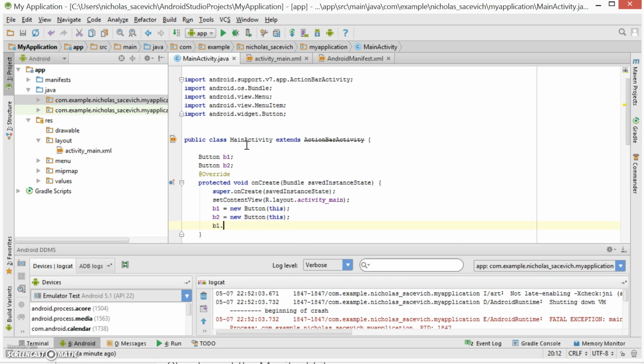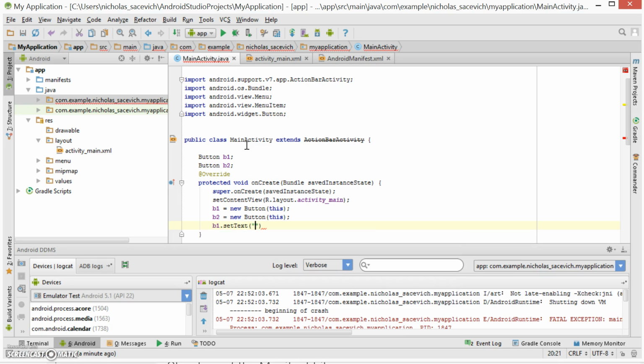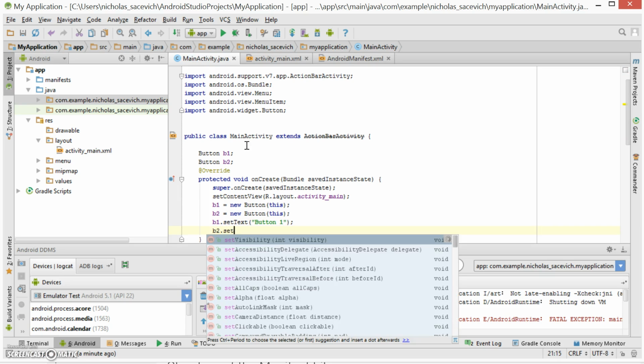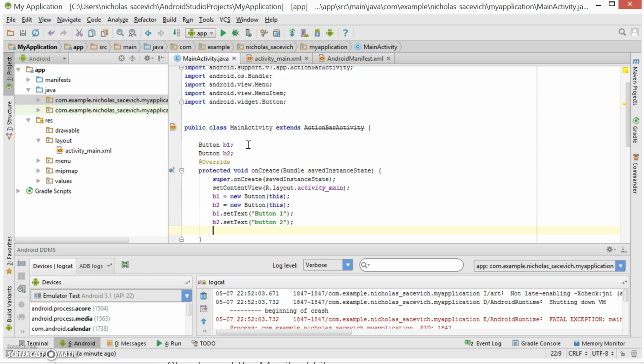And then just like we would in Swing, I'm going to go setText and say button 1, b2.setText button 2. Now, if I ran this project right now, which I will,